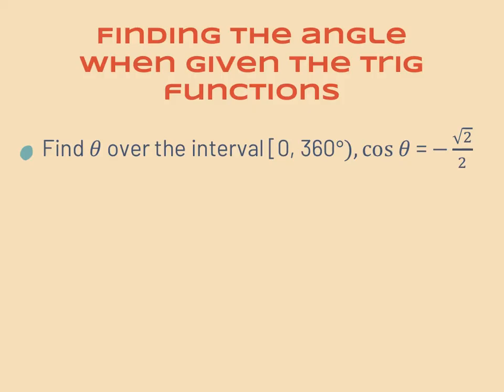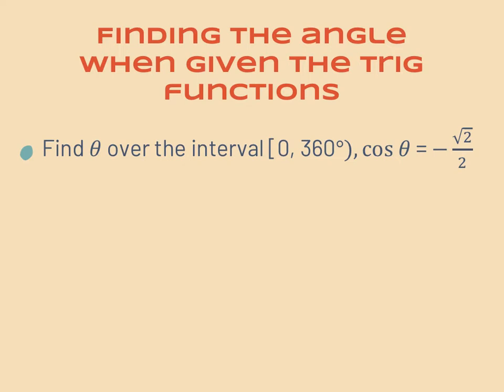All right, so now we're going to flip-flop this. Finding the angle when given the trig function. So all those examples, I asked you for the trig function of the angle. Now, I'm actually going to give you the answer, and you have to give me the angle. So you're finding theta over the interval of 0 to 360, unless it says otherwise. Sometimes it says 90, but we'll talk about that when you get there. So let's just say it says the cosine of theta is